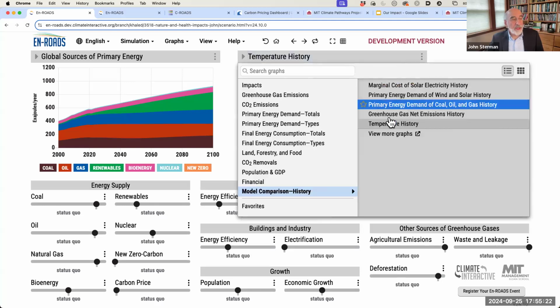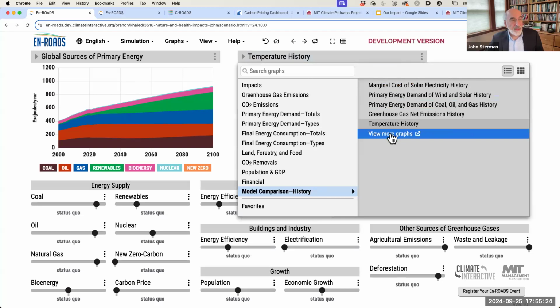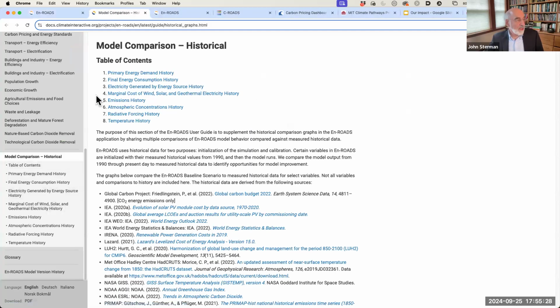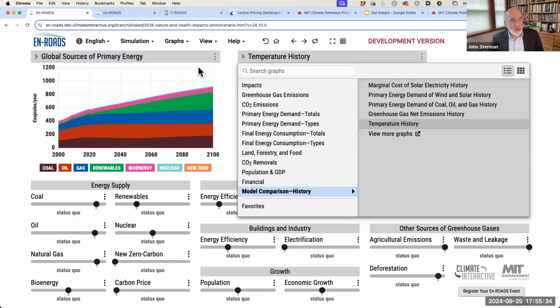So there are literally dozens more comparisons of the model against historical behavior that you can access online, and I'm not going to do that right now, where you can drill down and say, you know, how does the model do on replicating solar or nuclear or energy prices or coal production or whatever you want. So